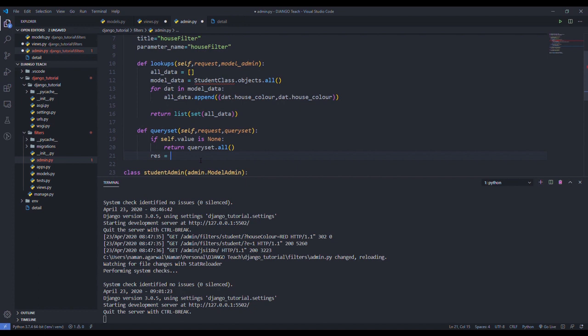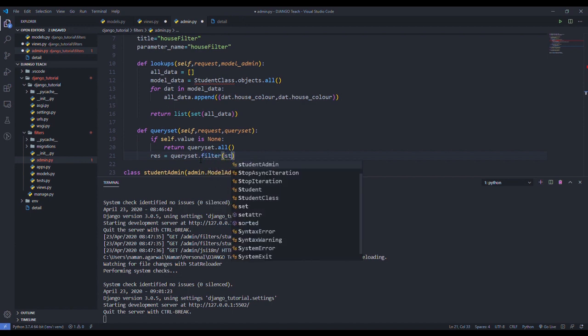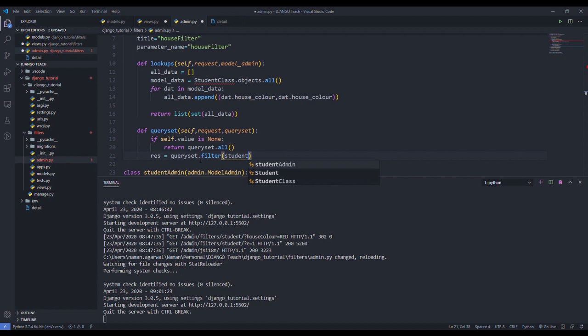Now let's see. Just write res, which is my variable name, and after that write queryset dot filter. After that you will write student class underscore, and you all know, like select star from something, in this case it will be student class, and from that I will select house underscore color.